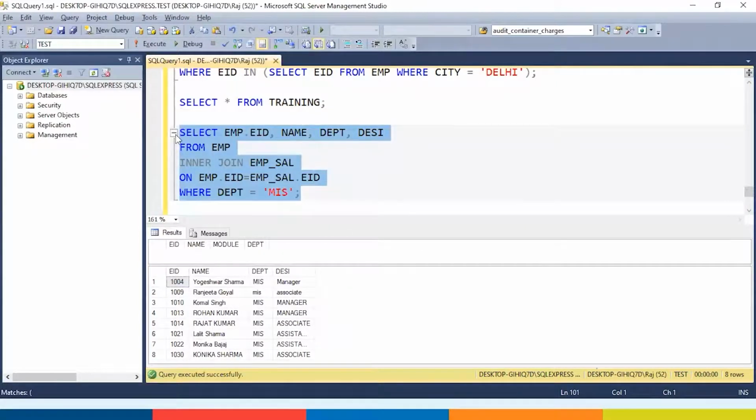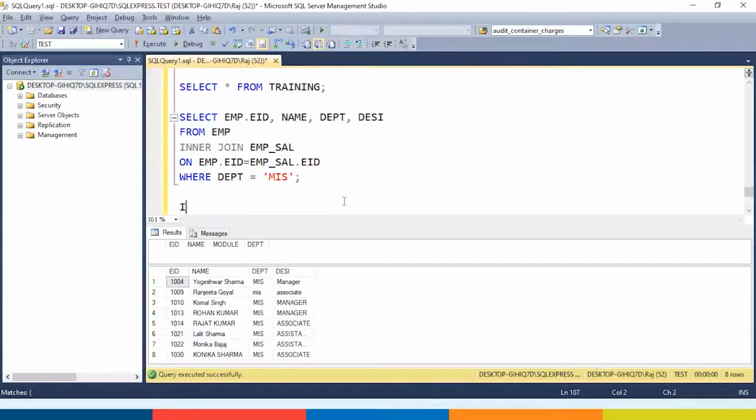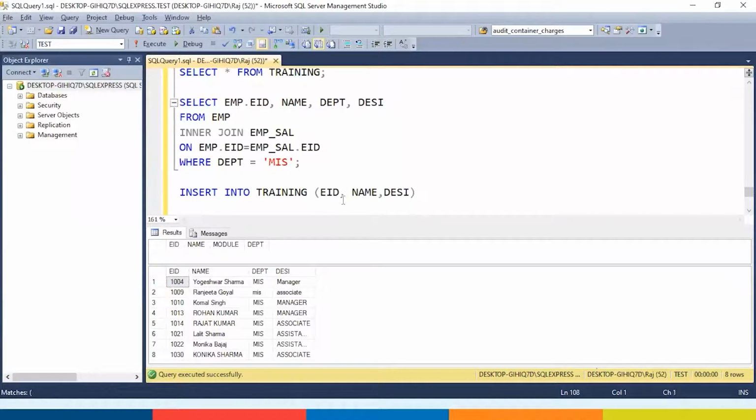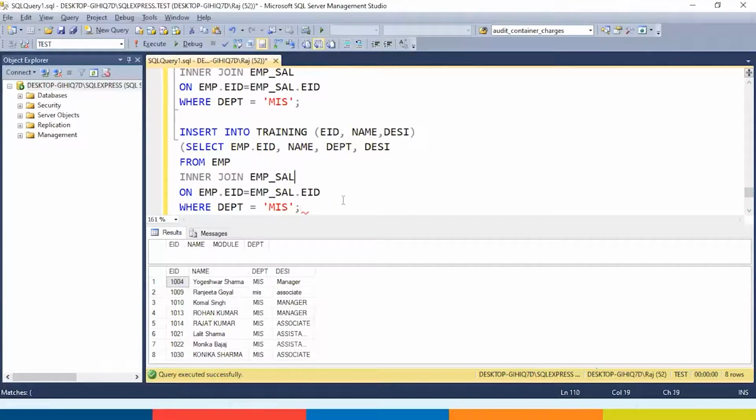I wanted to store the details of the MIS team members into the training table. How will I do it? Insert into training, EID, name, designation, then values, and one by one we would be entering the values. Instead of that, I will be using